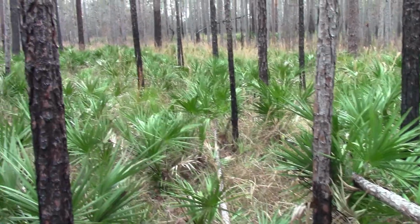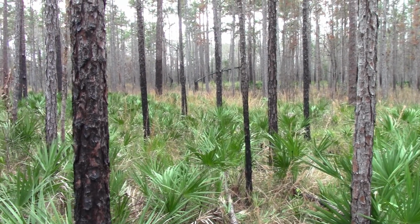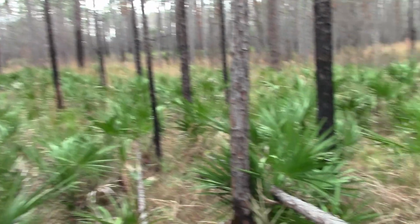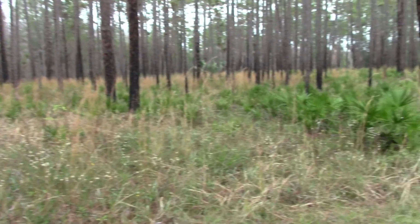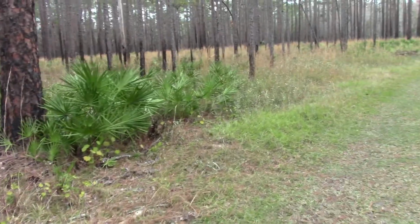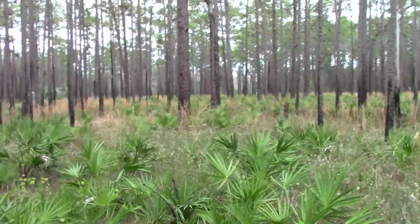So I'm really noticing tree structures more now, or not just tree structures, but just stuff with the trees, bends and breaks and things like that. And we have a lot of storm damage here in Florida. But I'm noticing a lot more stuff. Like here's another pine tree here that...